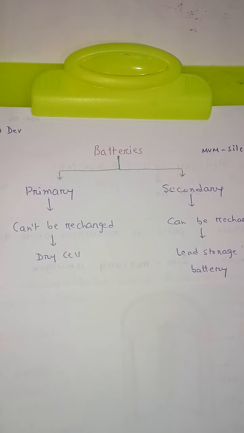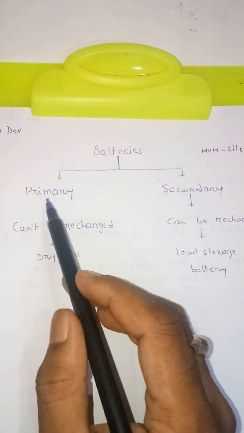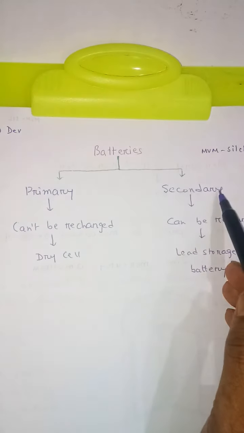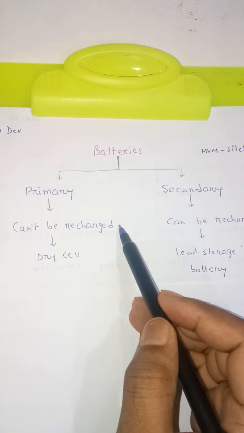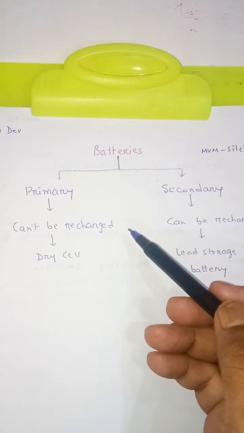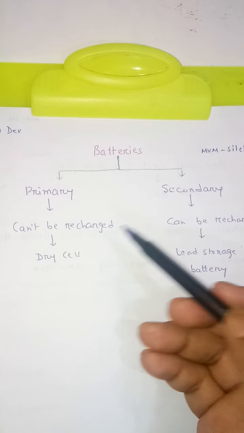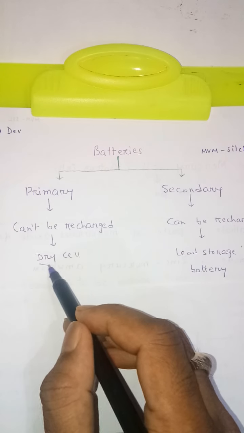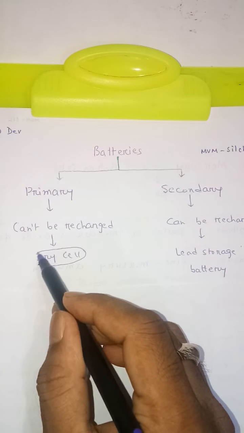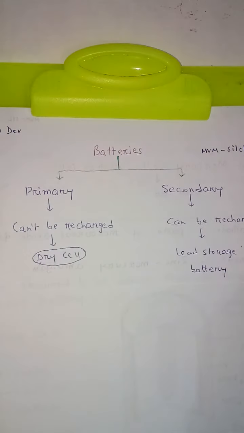So batteries are of two types: one is the primary battery, another is the secondary battery. A primary battery cannot be recharged. Once the cell reaction is over, it becomes dead. For example, the dry cell, the cells that are used in a torch, cannot be recharged, so once the cell reaction is over,